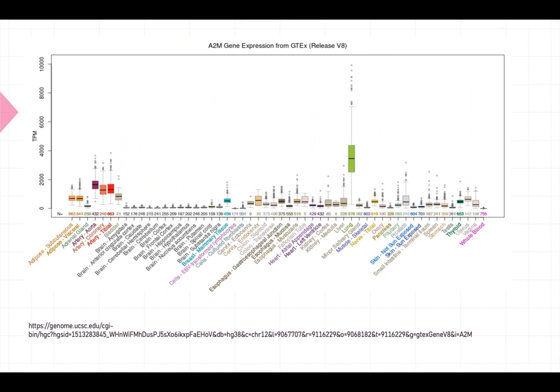So over here we see a sample, meaning somebody that donated their tissue to depict their A2M gene expression, which clearly shows that there's a good number that varies in the lungs, but also, as you can see over here, in the musculoskeletal systems, over here in the mammary tissue, and essentially, like mentioned before, this gene and the protein itself has positive regulation with proteases, meaning that they become more abundant when proteases are abundant. So